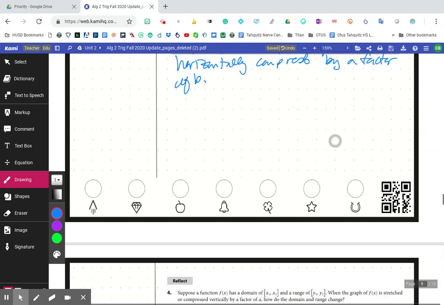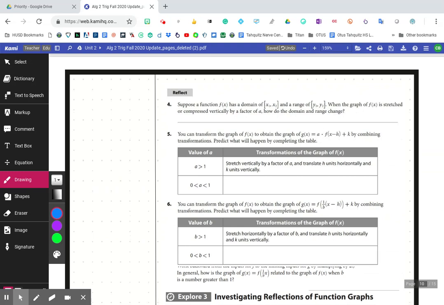All right, let's take a look at the reflect questions here. So suppose a function